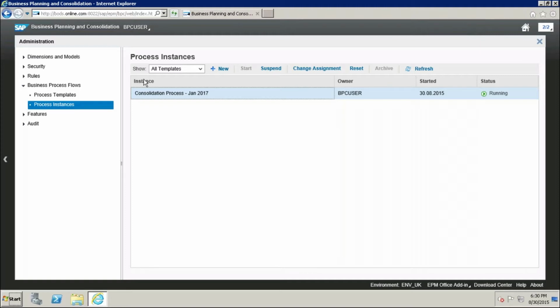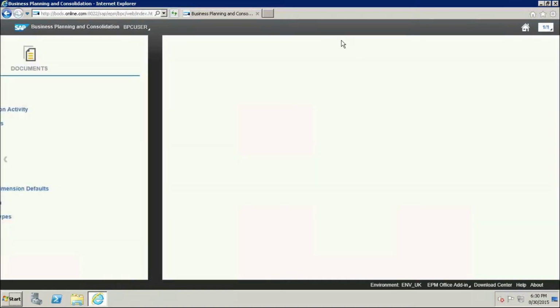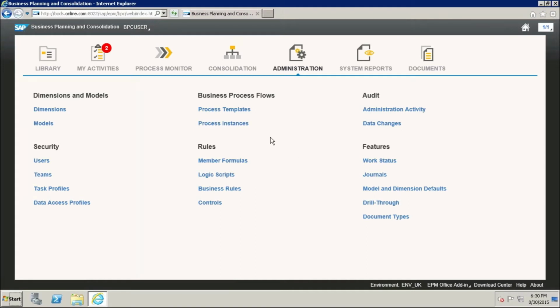When you log into the BPC web page, you can see here under My Activities the notification of how many activities you have for this month.